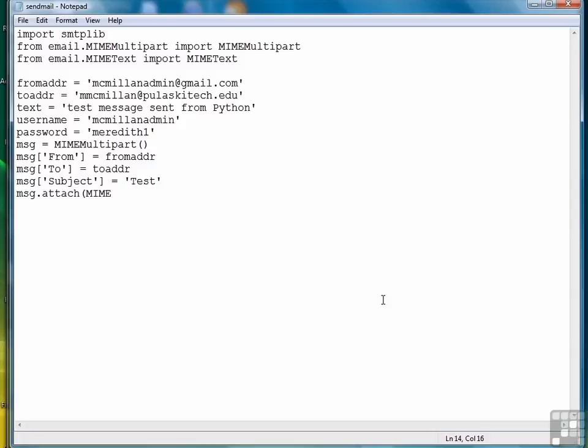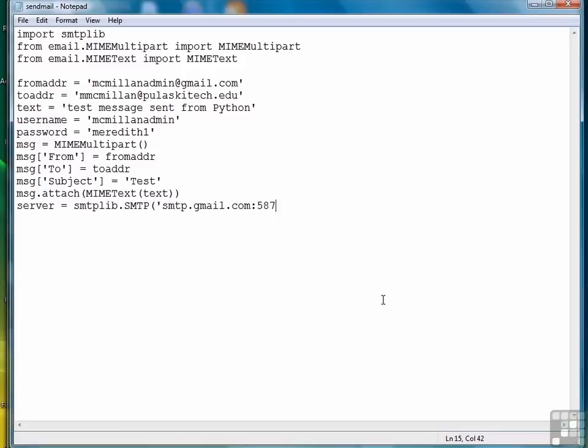Now we use the MIMEText library object MIMEText to attach the text to our message. Even though I said we weren't using attachments, I was talking like attaching an image or something. We actually have to attach the text to the rest of the message. So that's what we're doing in that line right there. Now we're ready to make our server connection. So here's where we use the SMTP library. So the first thing we do is tell it what server we want, which is